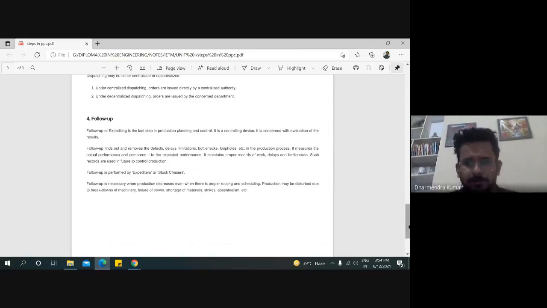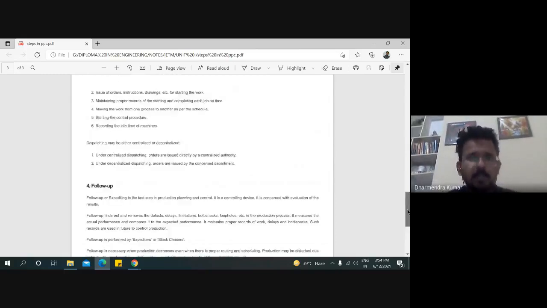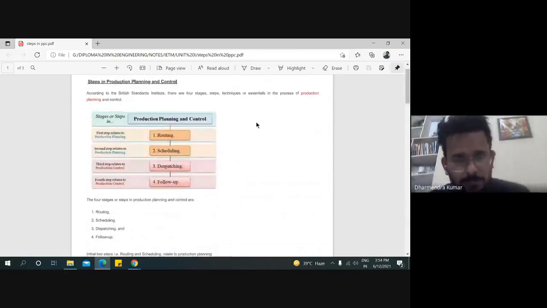Now if we summarize this chapter, we learnt about various steps in production planning and control, and how they affect any manufacturing plant.